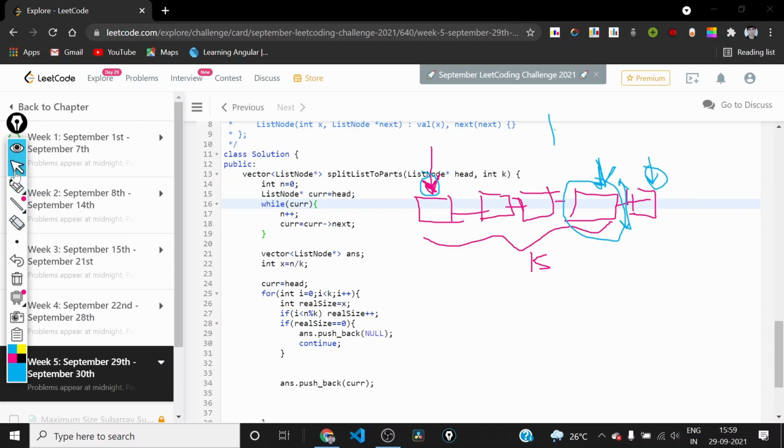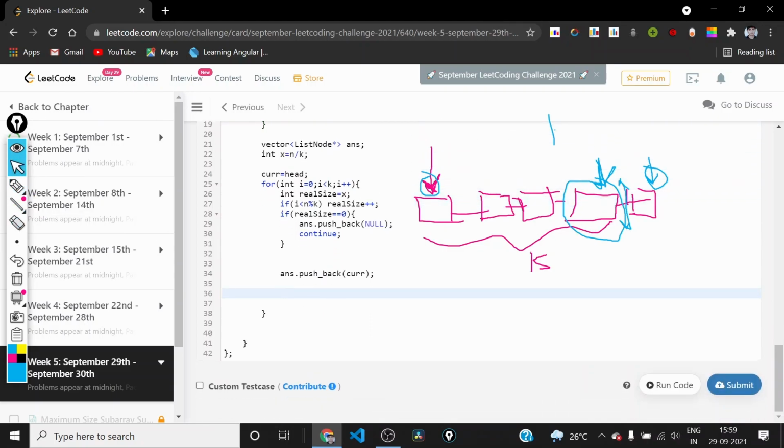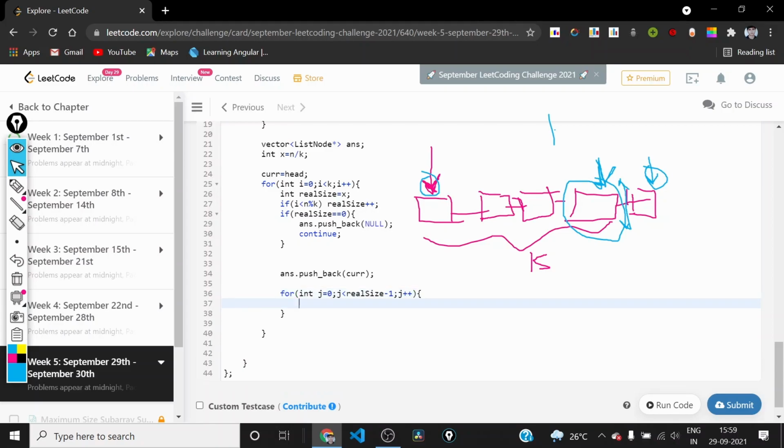So this is how we'll be doing this. We have to make k minus 1 iterations. Here k is real size, so I will do j from 0 to real size minus 1, j plus plus. So we have to do current equals current arrow next.